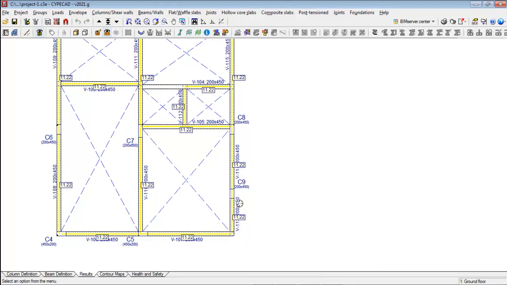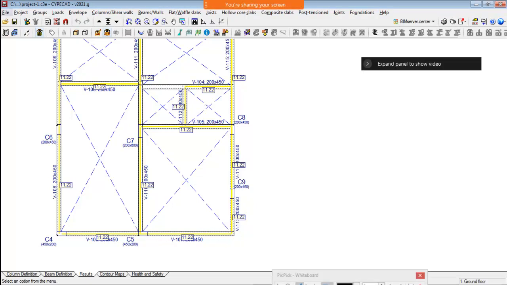So in that case, this is a primary beam, this is a secondary beam, and this beam is resting on this beam like a support, and we have got a column here. Okay, so now in this case we are expecting a negative bending moment here.